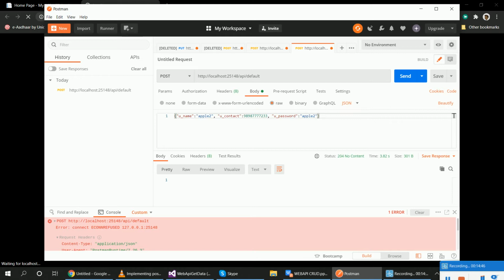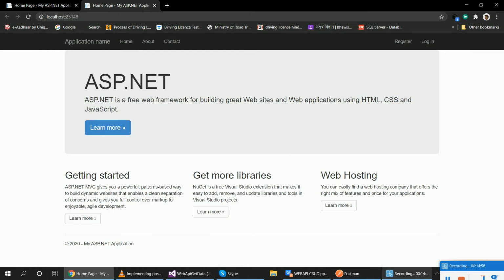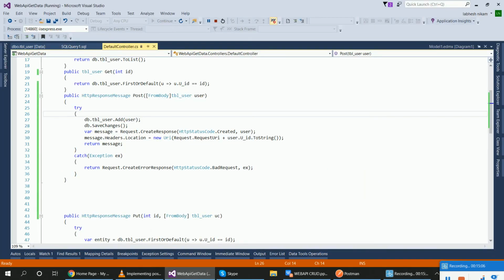Now in place of this 204 I want to add 201 Created, and if the id is not found, then give the response 404 Not Found. I have given only id.ToString, so it will display only 404 Not Found, right?